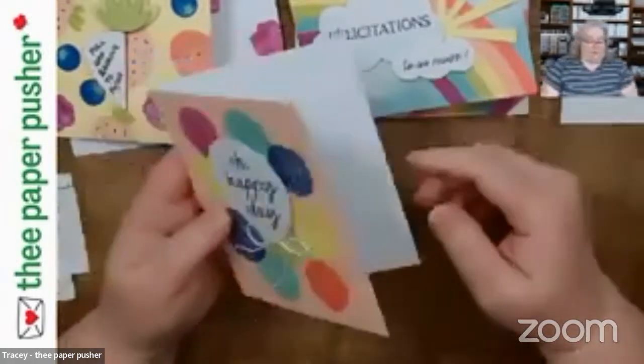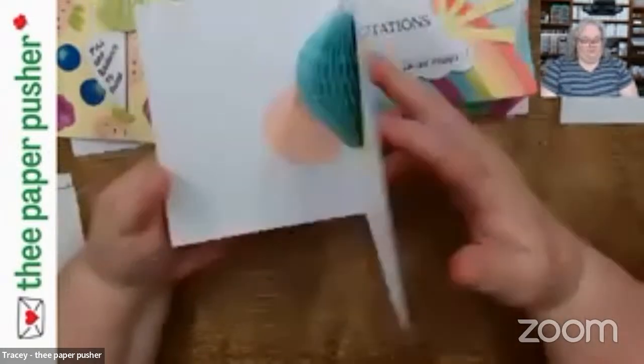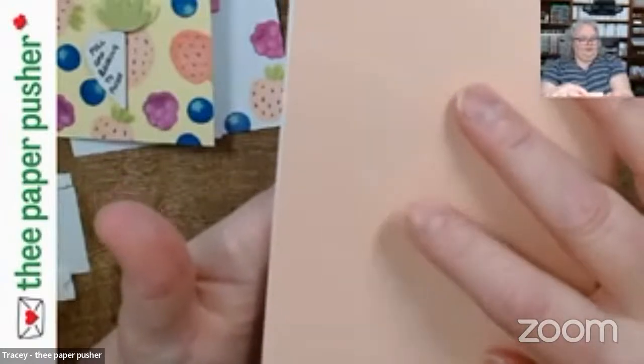It worked with the sun. It did not work with the balloon. I mean, it's still going to work in the way the card is going to work. Nobody's going to be the wiser. Unless you look here and you can see this is what I meant by stuck folded right on these pre-printed